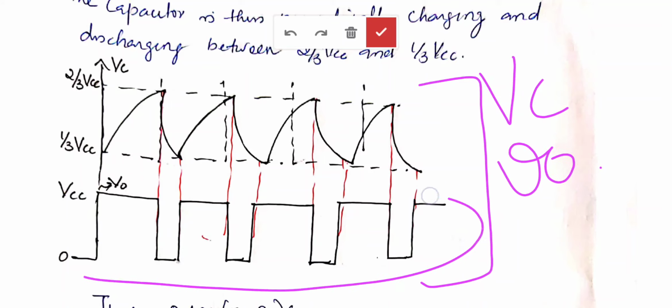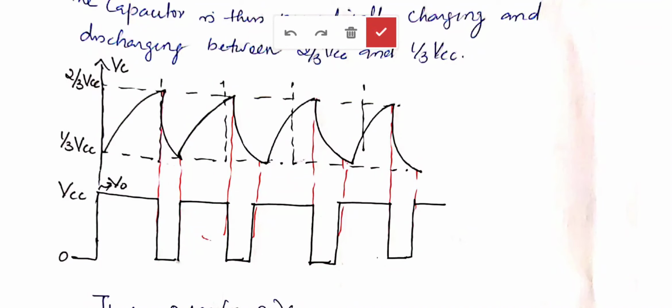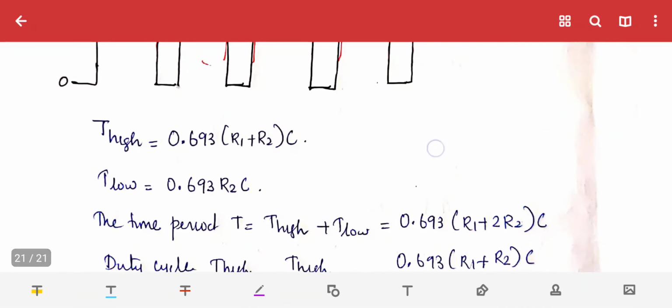So you can see here, there is no stable state. It's continuously changing. So this multivibrator is an astable type, or astable multivibrator, also known as a free running oscillator. Next we will see the time period, frequency of the signal and the timing constants.